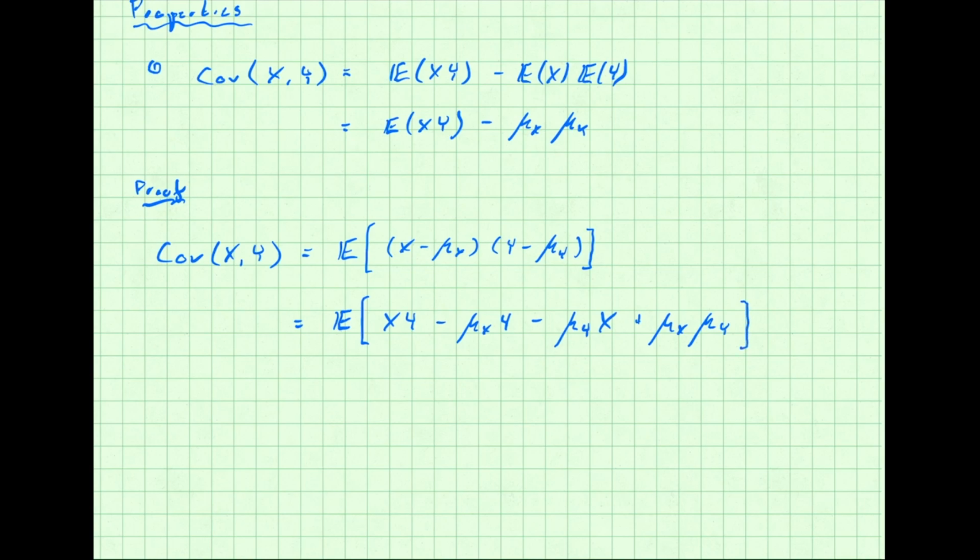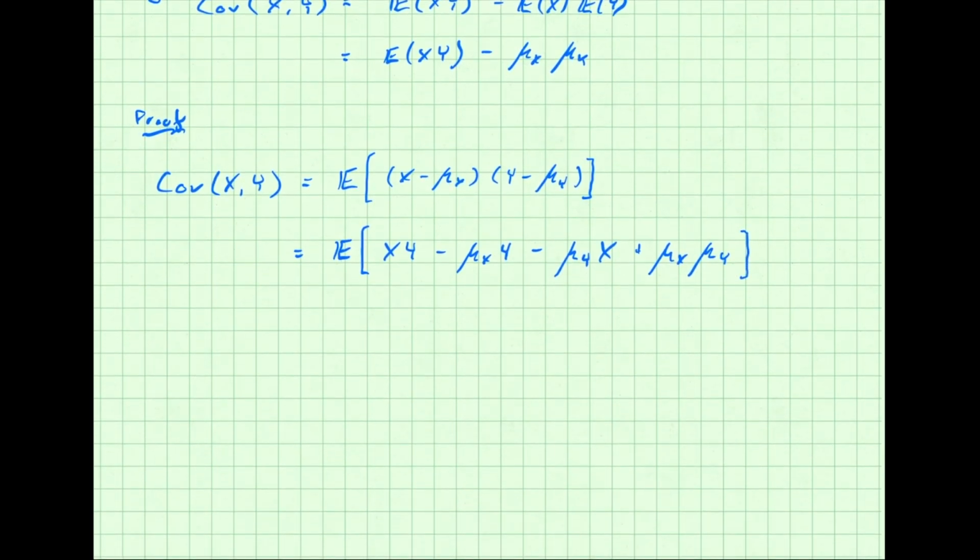And then remember that the expected value of a sum is the sum of the expected values, so that's true in general. And so what we're left, we can take this expected value and apply it to each of those four individual terms. So we get expected value of x times y